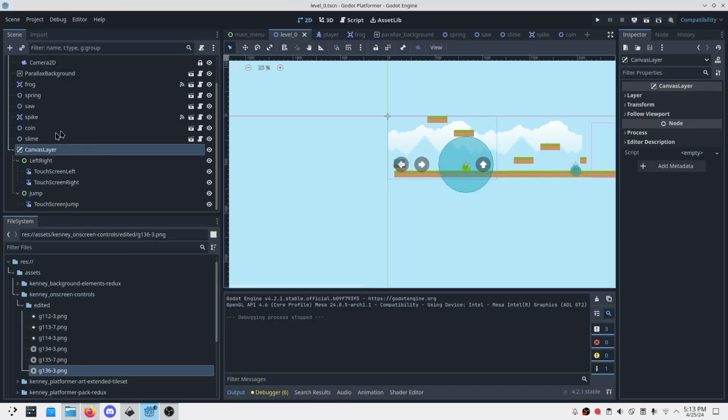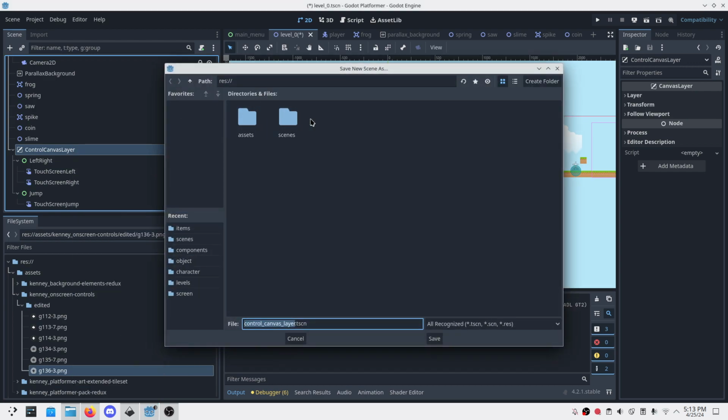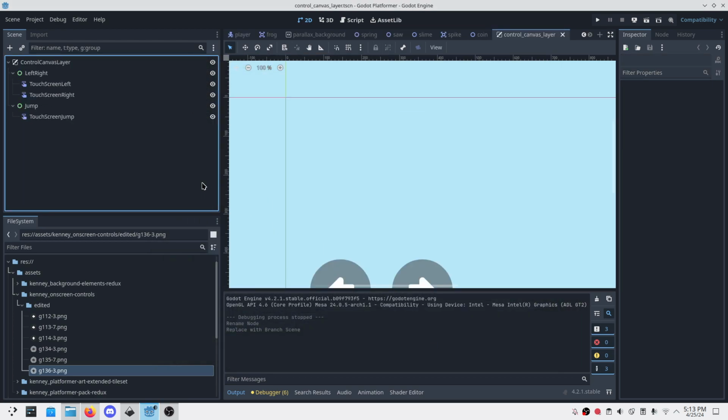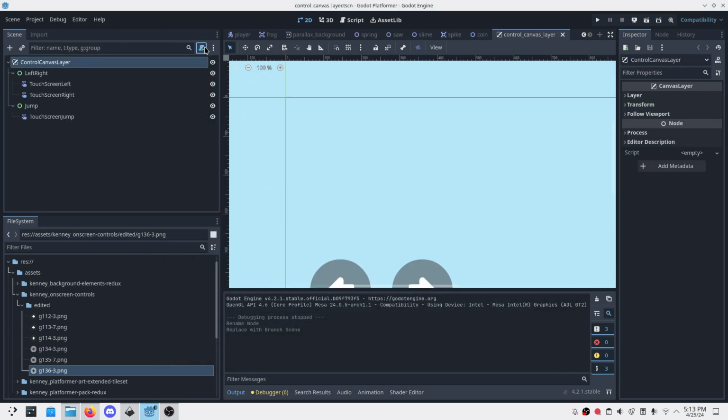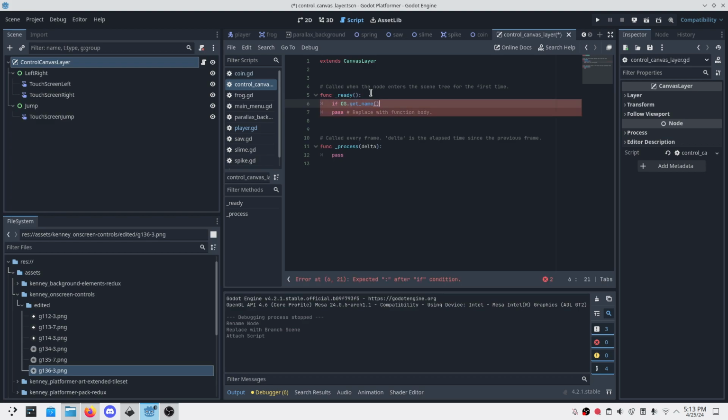And instead of having this here, control canvas layer, we can separate it into its own scene component. Let's open the scene and attach a script here. In it, if OS.get_name is equal to Android,